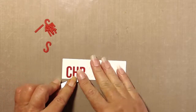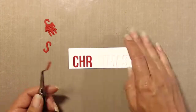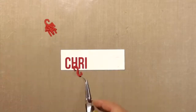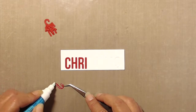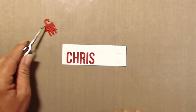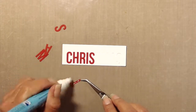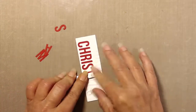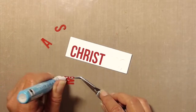So I taped it with temporary tape on top of the white rectangle that will actually go into the frame from the blueprints die, and then just glued the letters down. And here's a little tip here: the H and the S's as well, they do have a direction to go, and I had the H upside down at first, so you saw me flip that, and then with the S I go in and I make sure that it's going in the right way before I put the glue on it. And the glue that I'm using is just a Zig two-way glue